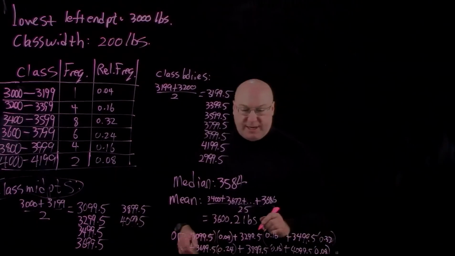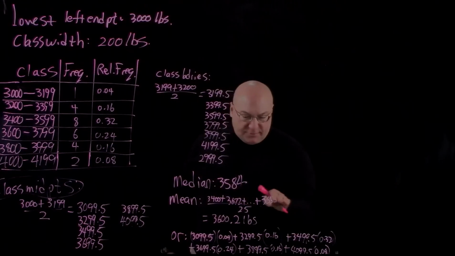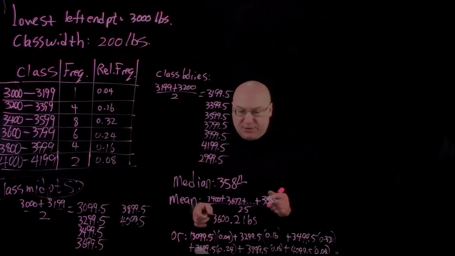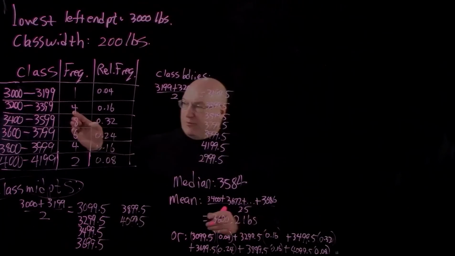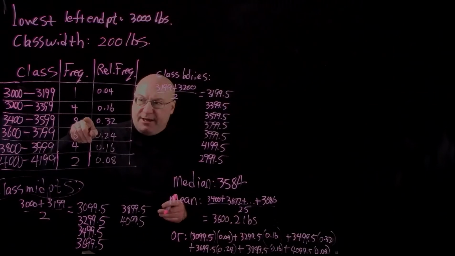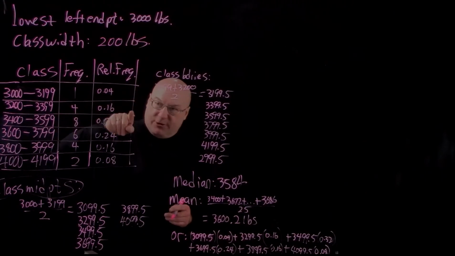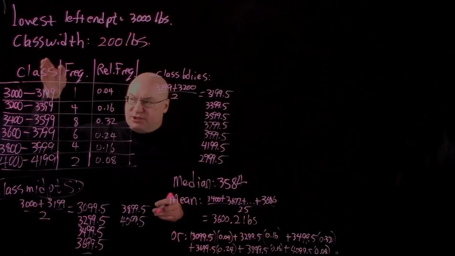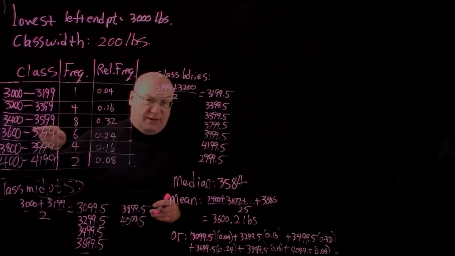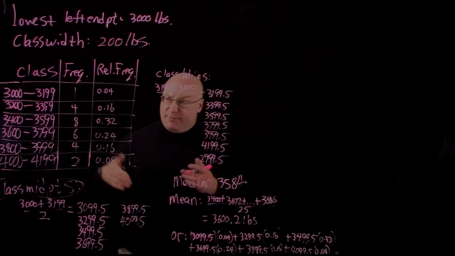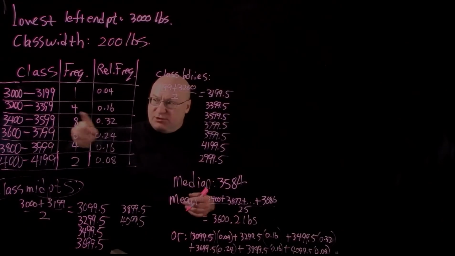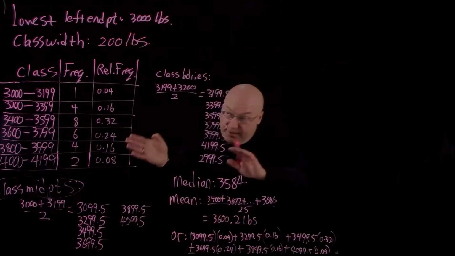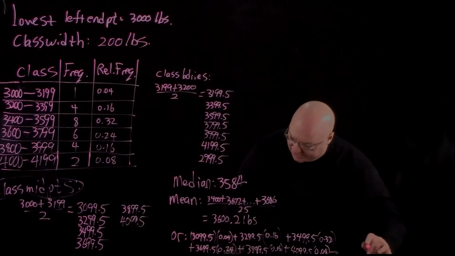Okay, it's a lot of work to write that out, but it's less work than it would have been to write all these out and divide by 25. So what I've done is, in each interval, for example these 8 values that have a frequency of 8 and a relative frequency of 0.32, I've not gone in and found out what those 8 values are. I've just taken the midpoint as representative of all of them. Probably some of them are bigger, some of them are smaller, but maybe that kind of balances out, and I just used the midpoint. I've used 3,499.5 times that 0.32. Anyway, I've done that all the way through, and if I do that, I get